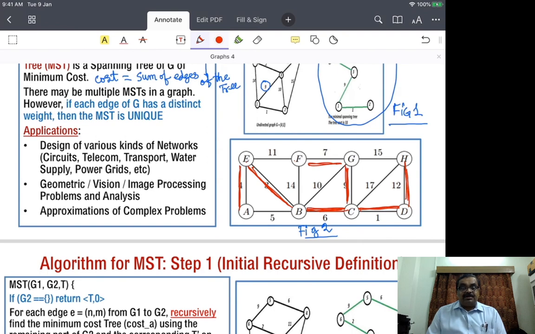In a similar manner, people form transport networks, water supply networks, power grid networks. In a circuit, let us say, if there are 3 nodes in a circuit and they have to be connected to each other, and there are various ways in which you can connect them pairwise, then we would look only for 2 connections between them so that we can connect. And so the whole area of network layout, whether it's circuits, whether it's telecom, whether it's transport, water supply, power grid, any sort of connectivity, where we are looking to connect everybody to everybody else with minimum cost, leads to